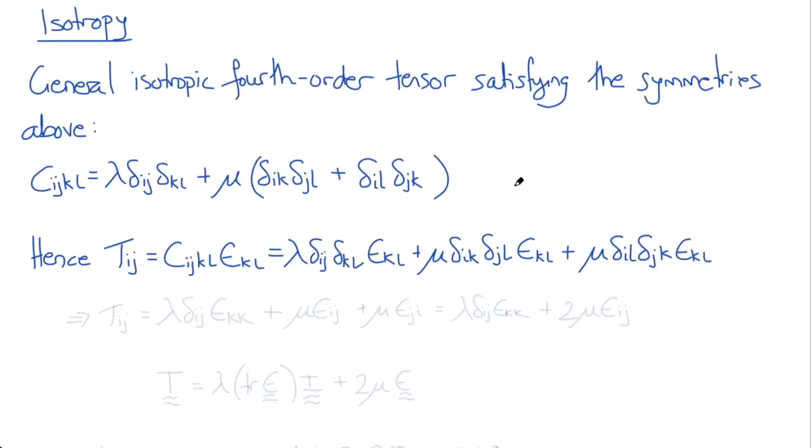And now we can see that these expressions simplify, so we get Tij equals lambda times delta ij, and delta